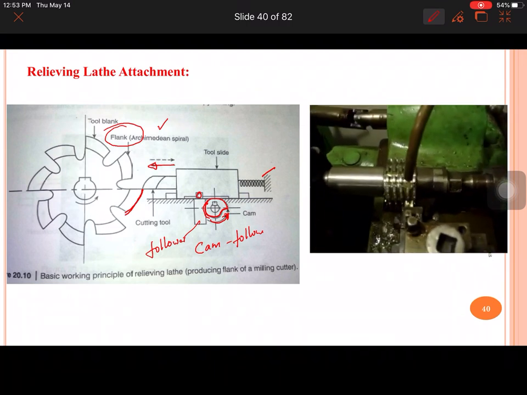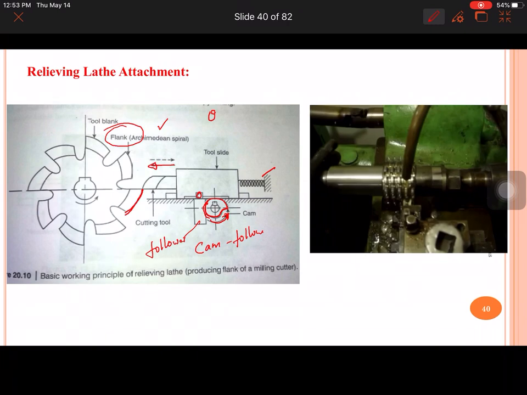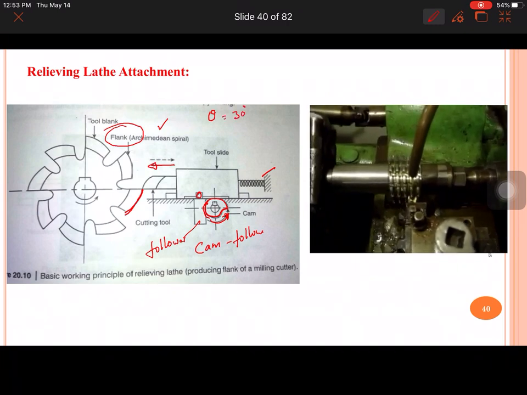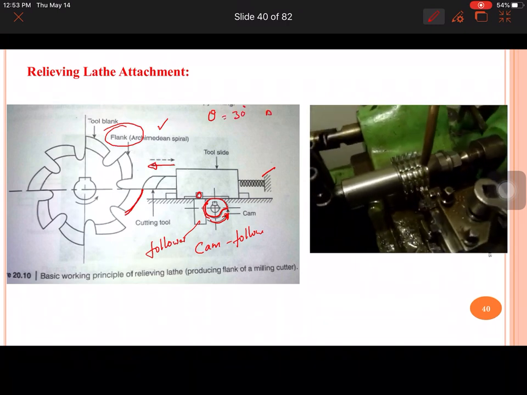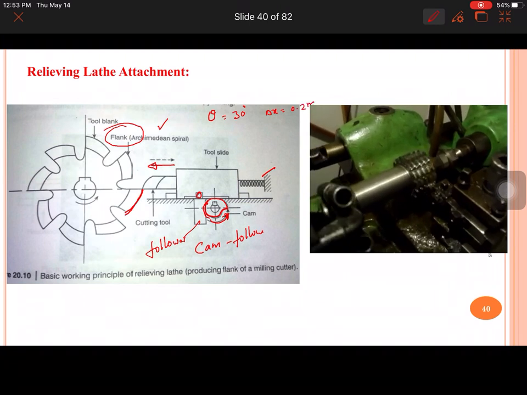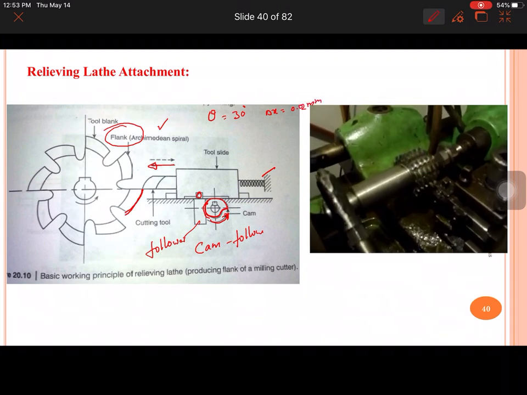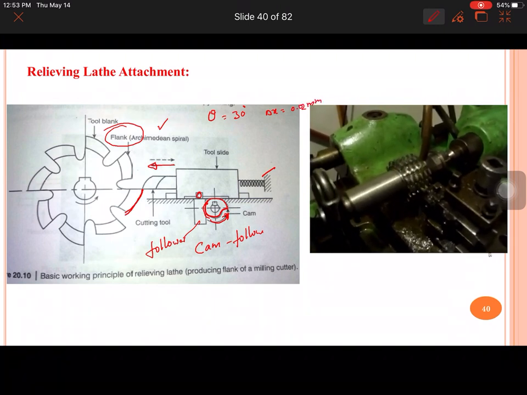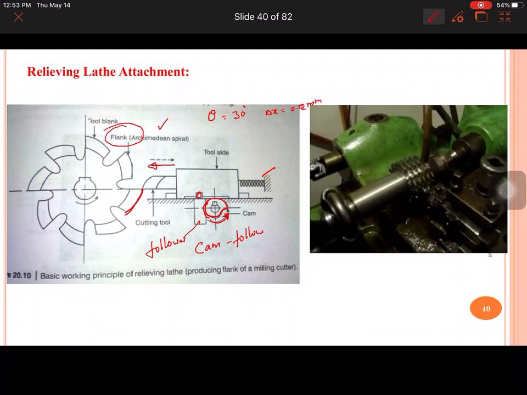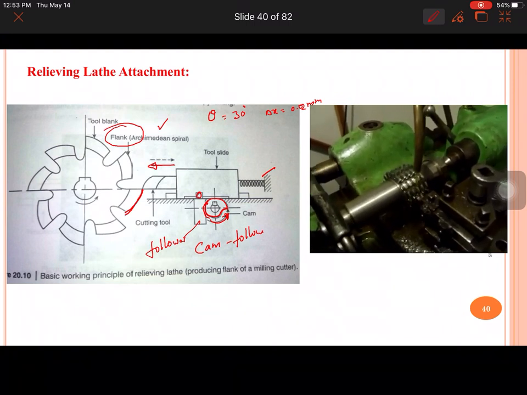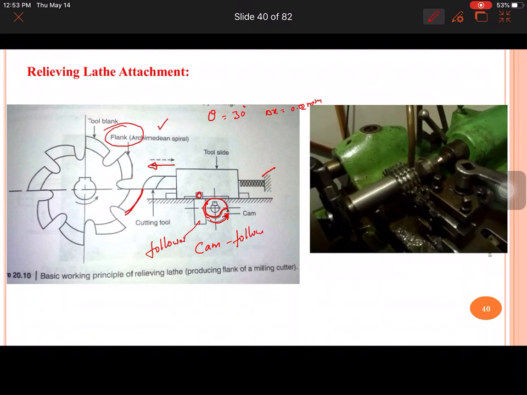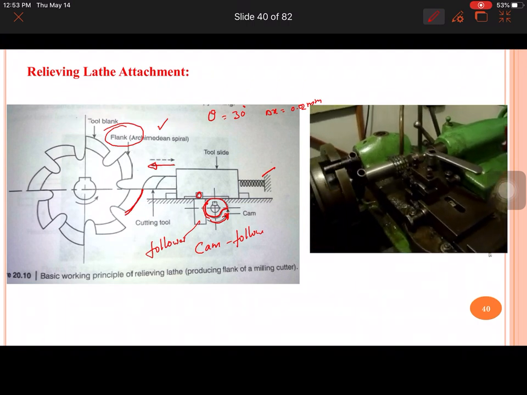So at a particular angle theta, let us say 30 degrees or 10 degrees of movement, delta x is equal to 0.2 mm or 0.02 mm. This is the movement which I need to get at that particular angular movement of the work part. And how can that be done? That can be achieved by using this cam and follower mechanism.